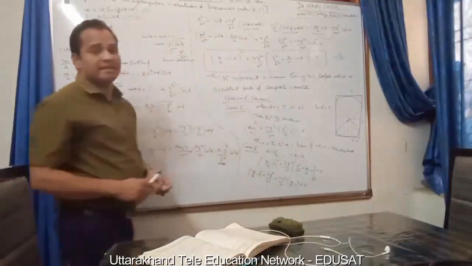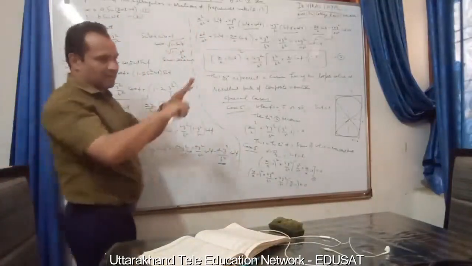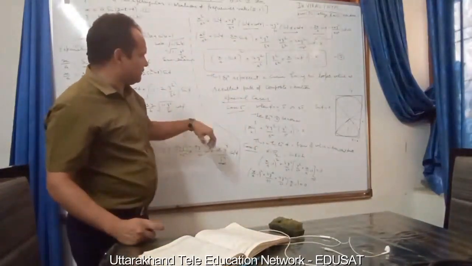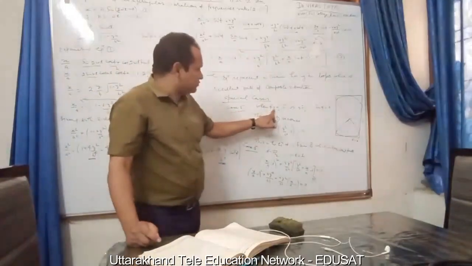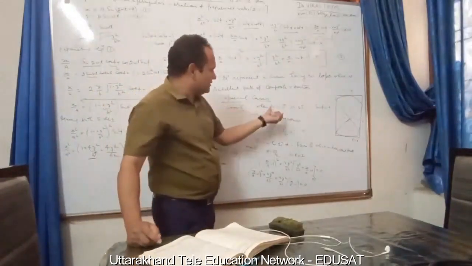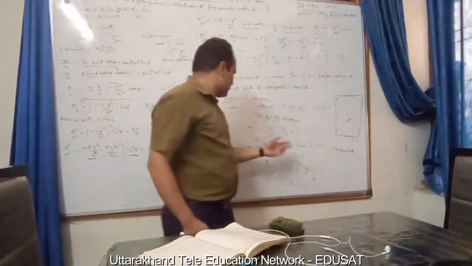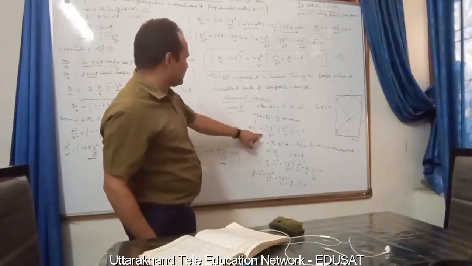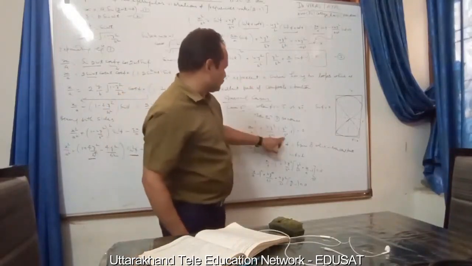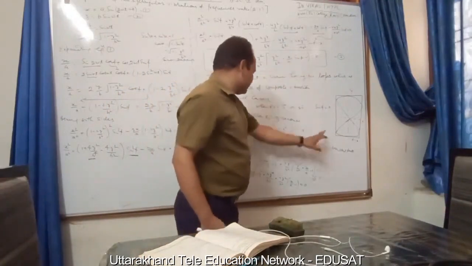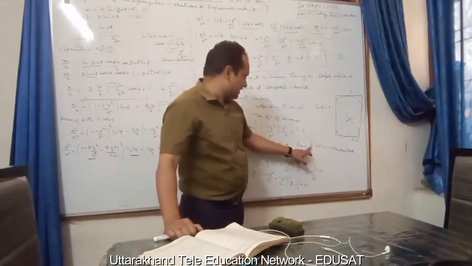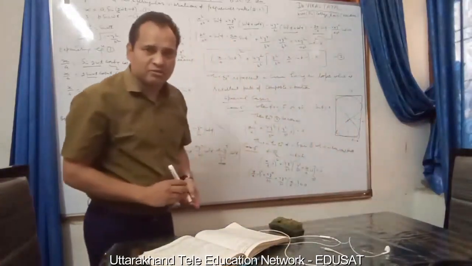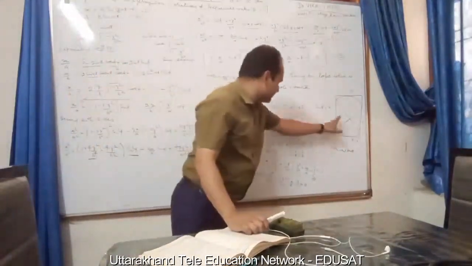So this equation represents a curve having two loops, which is the resultant path of the composite vibration. Now here we will consider the different cases. For example, case number 1, when phi is equal to 0, pi or 2 pi, in this case sine phi also becomes 0. Again if sine phi is 0, the equation reduces, this will become x square upon a square plus 4y square upon b square times y square upon b square, this will become 0, minus 1 is equal to 0. So this is the equation of figure 8. You can say that the resultant path of the two vibrations of frequencies 2:1 is figure 8.